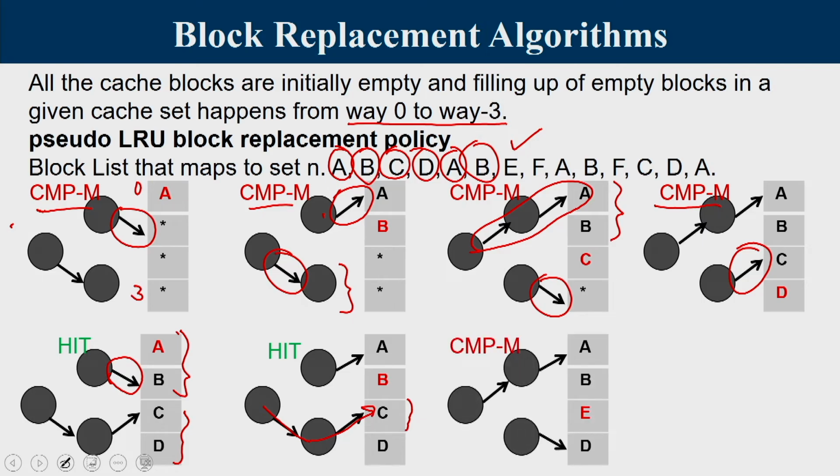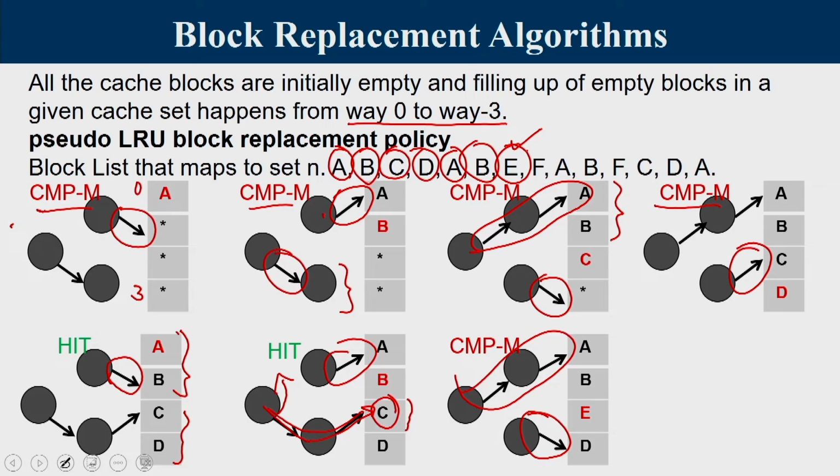Continuing further, E is brought for the very first time and E is to be kept in the place of C. So C is taken out because the arrow points to C. Whenever a new block comes, the pseudo LRU block will be replaced. Since I accessed C's position, this arrow should be flipped to down, and my access was to the lower side of the tree, so this will be the position of the arrows. This remained unchanged and this arrow will get flipped upwards. That is what is happening here. Since E is also brought for the very first time, that is a compulsory miss.